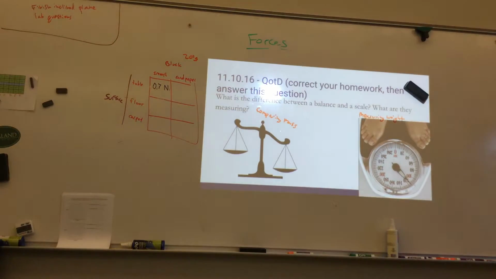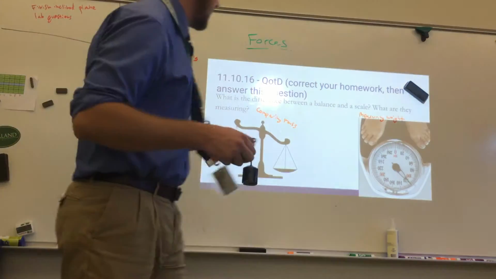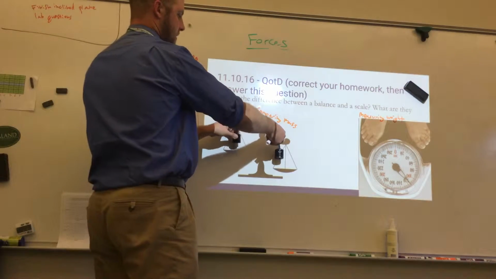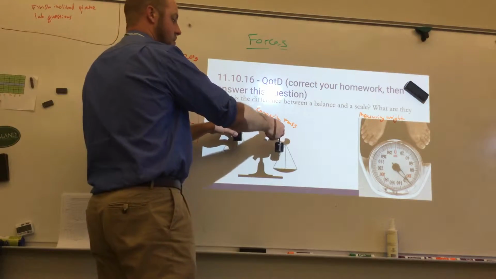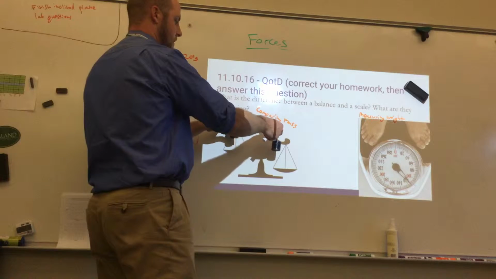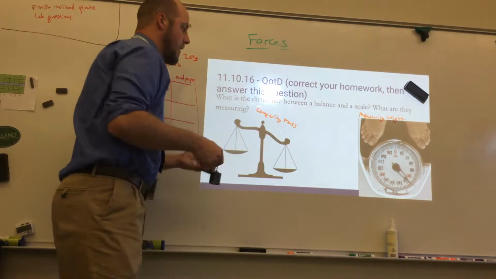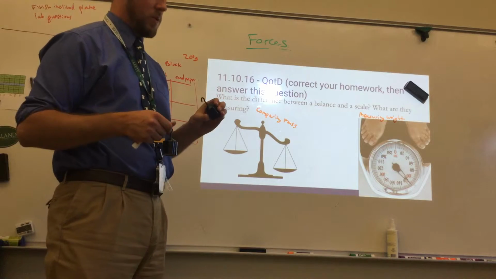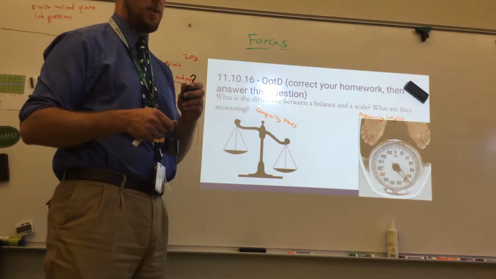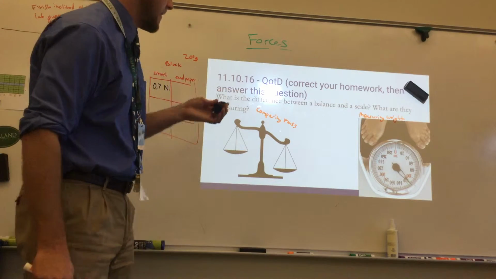For example, if I've got two masses, let's grab a couple over here. These are two 500-gram masses. If I put them on the balance, it should balance out. It should equal the same. They should kind of be level. That doesn't necessarily tell us what the actual value is unless you knew one of these, and that's oftentimes what